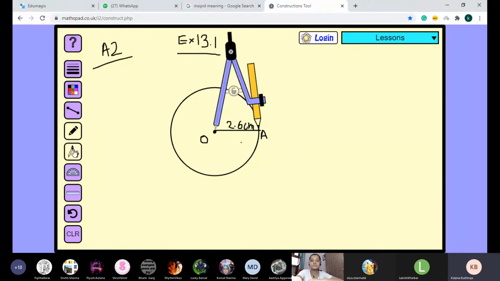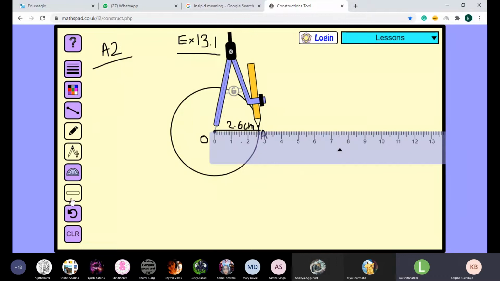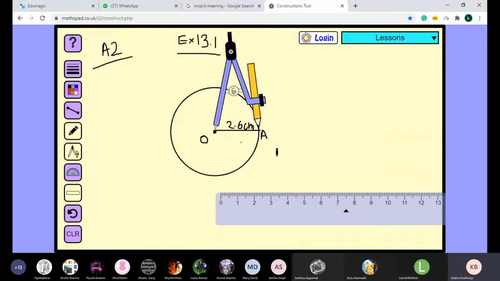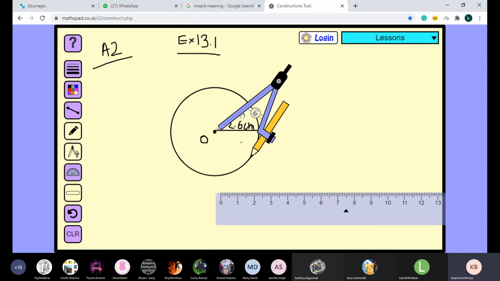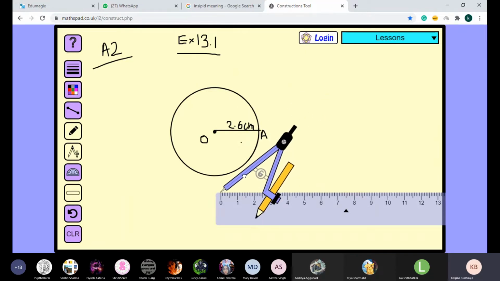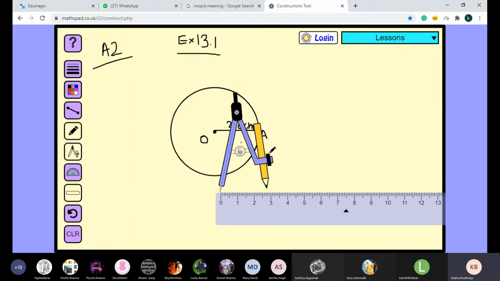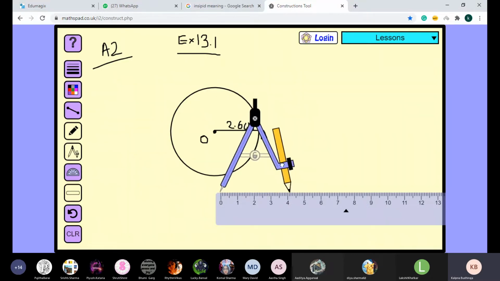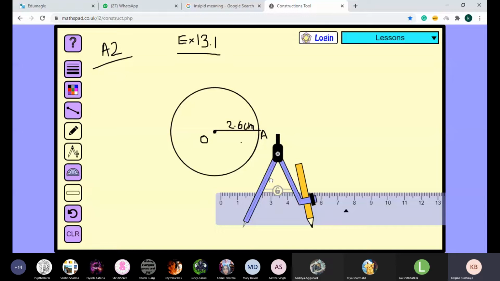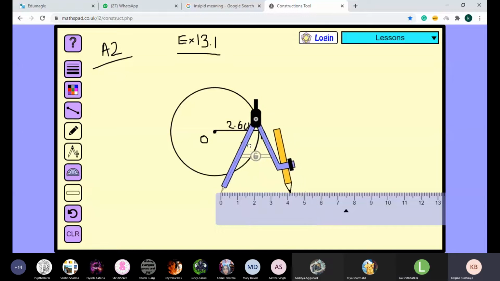Now, children, we will measure the radius 4.1. Quickly adjust your compass. Just a minute, I am taking it. So keep the center at O. Now open the compass till 4.1. Now you can see on the screen that the needle is at O and the pencil is at 4.1. Have you opened the compass? Please wait 1 minute. Yes, ma'am.